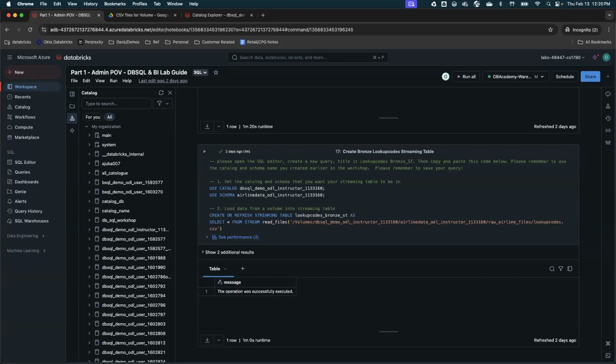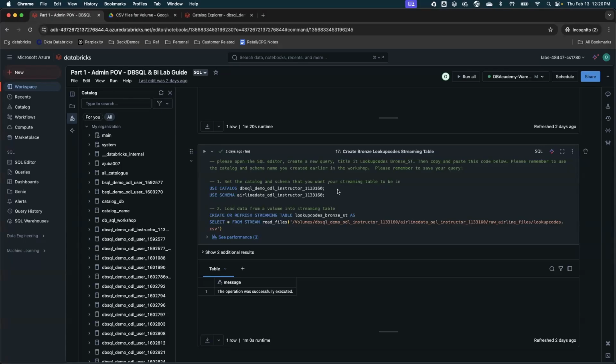I'll recommend that if you are getting any error, just mention the step and the error you are getting, so that the TAs here can answer it better. I think it's because they may not be using the correct warehouse. So make sure your notebook is connected to the correct warehouse if you're using the notebook.